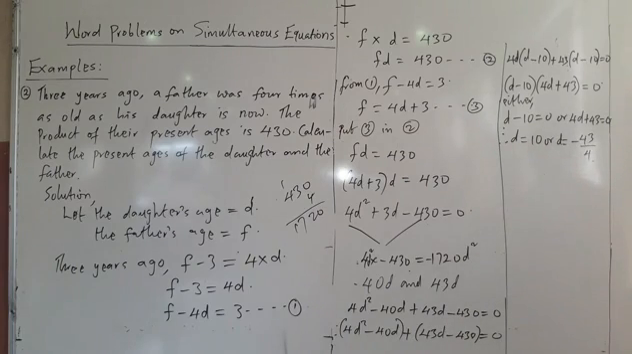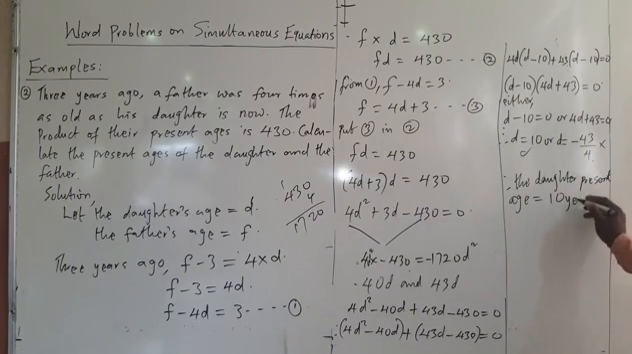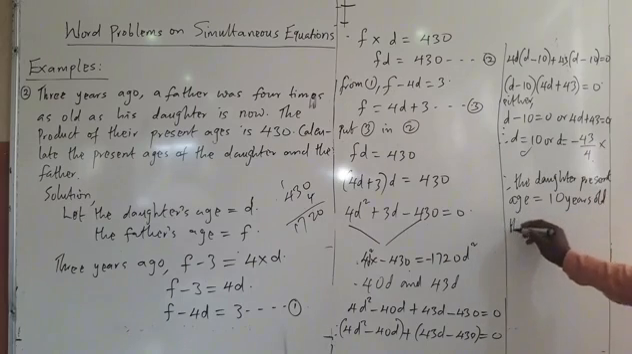That is the d to be equals to what? 10. So d equals 10 is valid. So you can now see the daughter's present age is 10 years old,